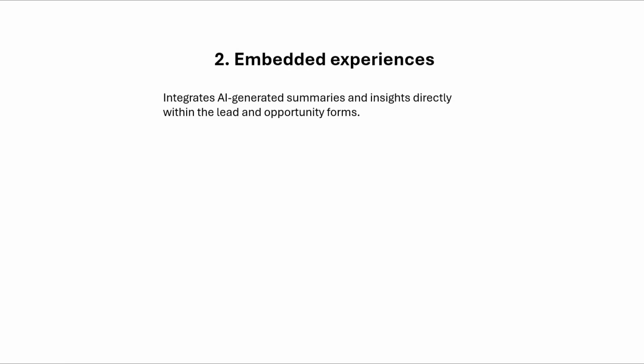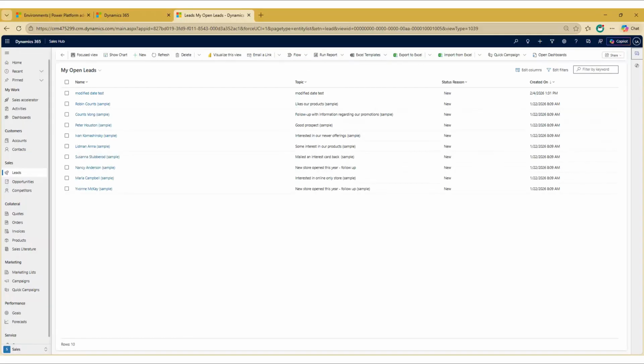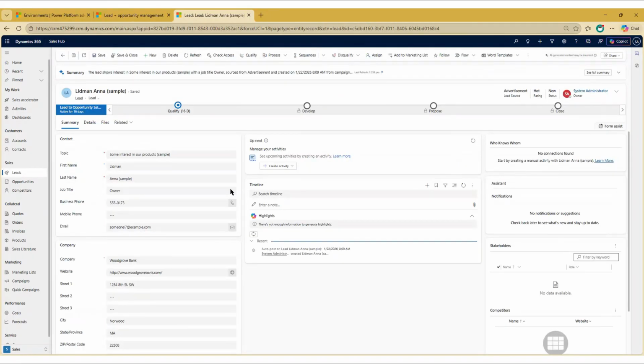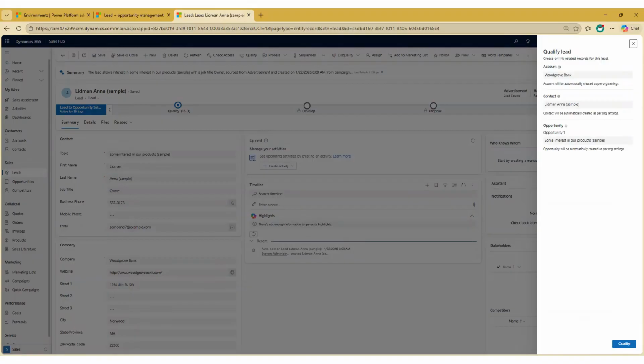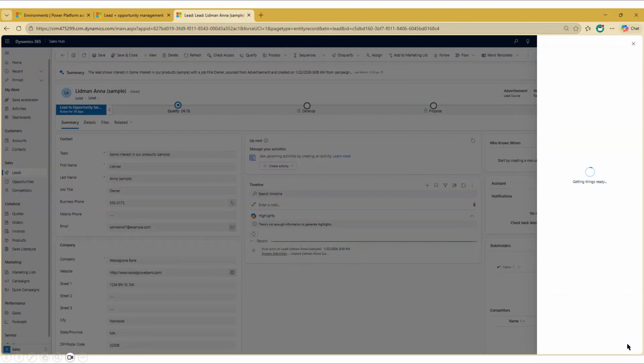Now we will see how this works. Now I am in the leads view. From here, I will open one of the lead records, and once the sales process is done for this lead, we will be qualifying this lead record. At the top, we have the qualify button. If I click on qualify, it will give me some quick info. And then from here, if I click on qualify,